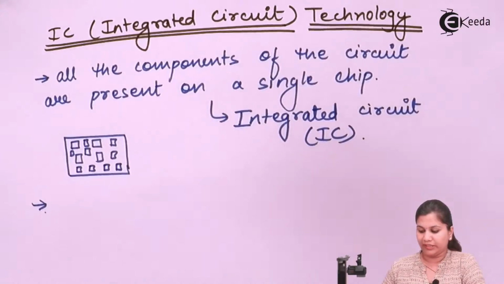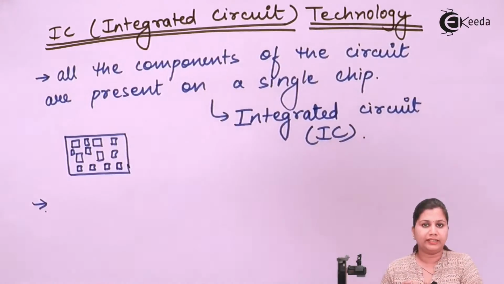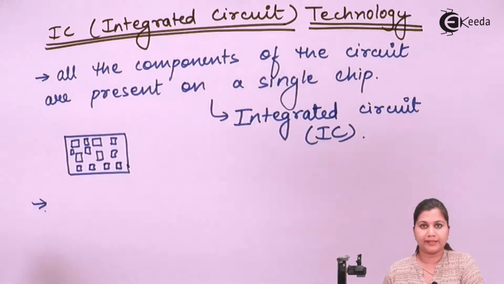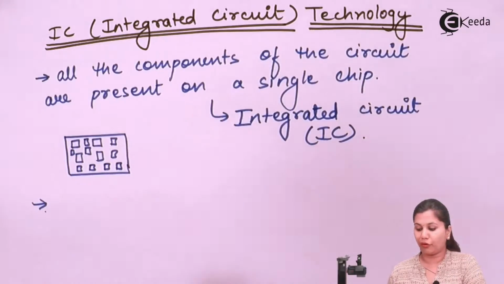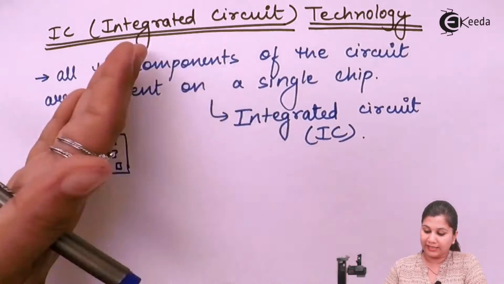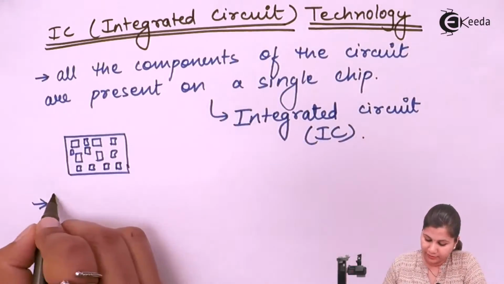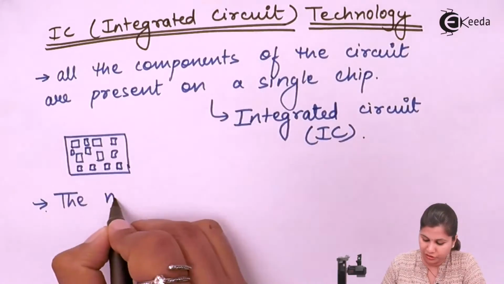So we can say that it is related to the internal circuitry of embedded systems. We know that embedded systems are also present in the form of ICs. So IC technology includes the manner in which the digital